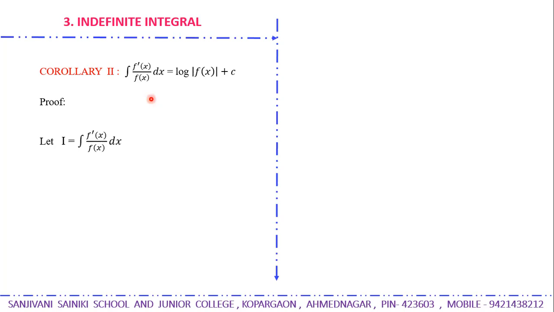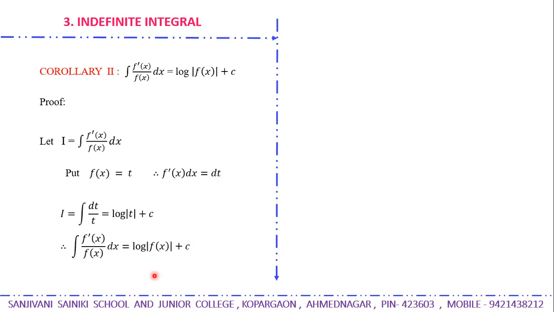It is also a simple one. Put f of x is equal to t directly. So f dash of x dx is equal to dt. So the numerator will be replaced by dt only and the denominator will be t. So the integral of dt upon t is log of modulus t plus c. But what is t again? T is f of x. So the integral of f dash of x upon f of x dx is log of modulus of f of x